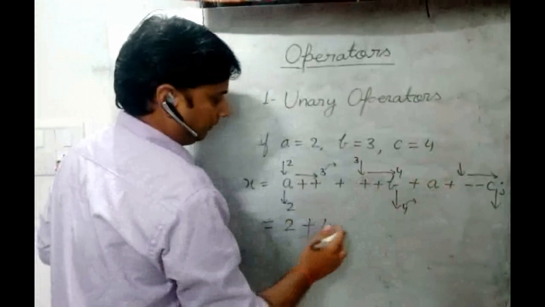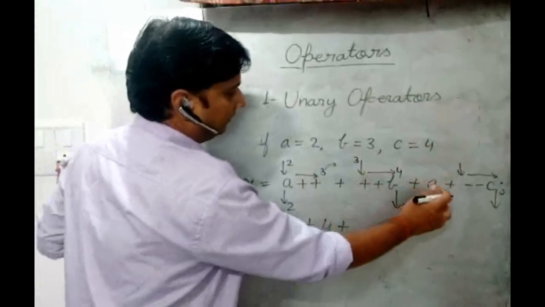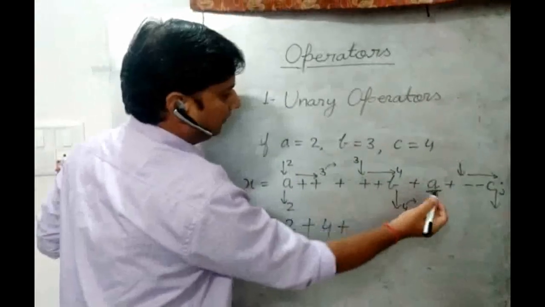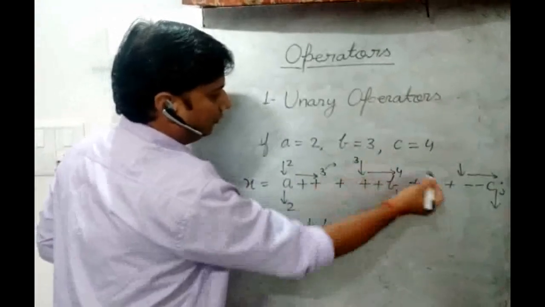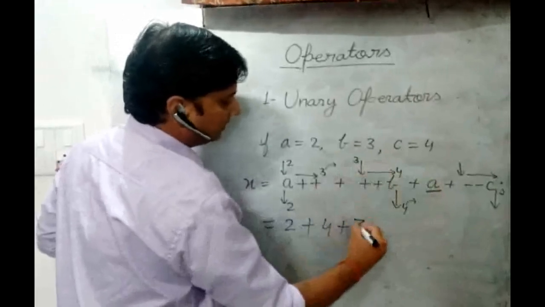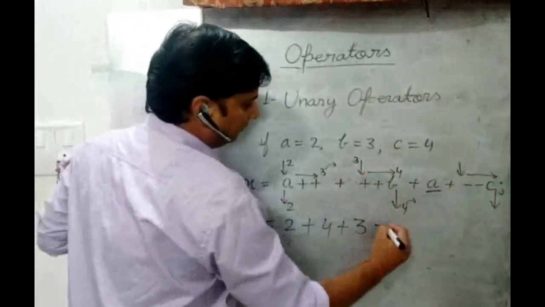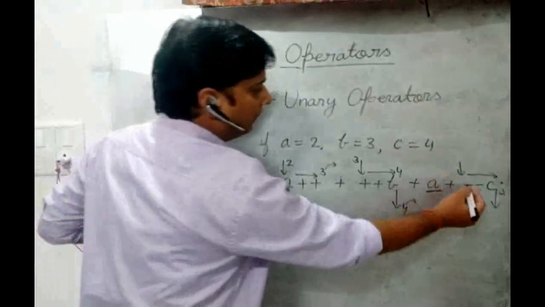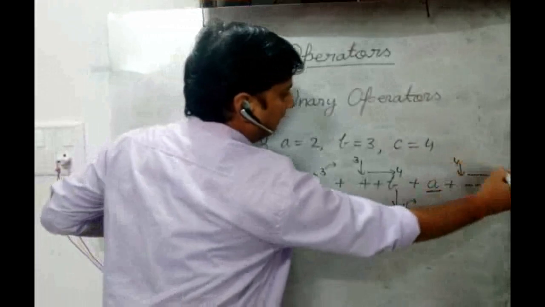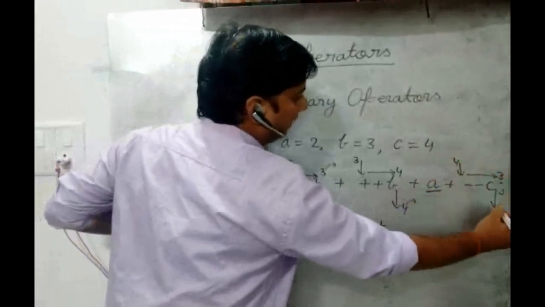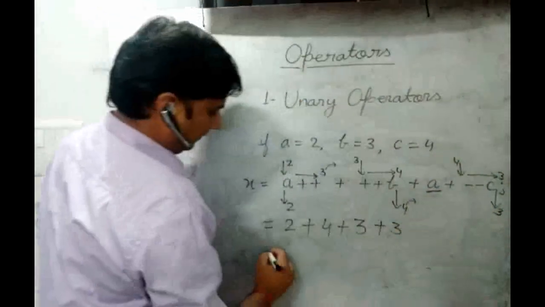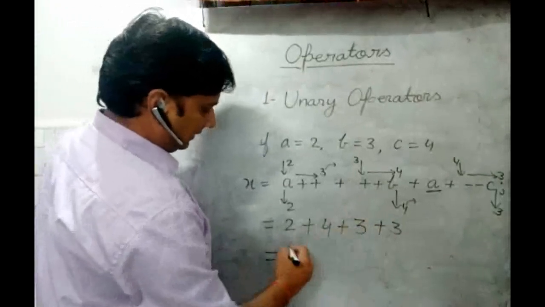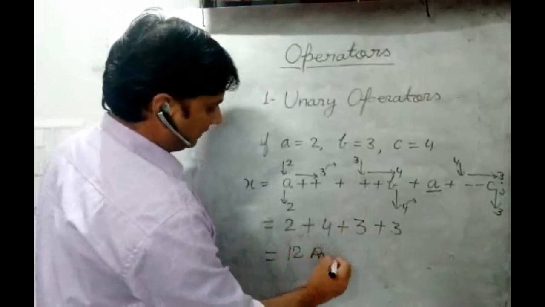And then we put the plus sign, and again we have to use this A. Here once again we are going to use A, so we use the updated value here. It means we write a 3. Again we put plus, and here we have a decrement operator, and this one is a pre-decrement. So we use the value of C after it is decreased. It means the value will be 3, and this 3 will be our answer. So the final answer will be 4, 2, 6, 3 and 3, 6 means 12 will be the right answer.